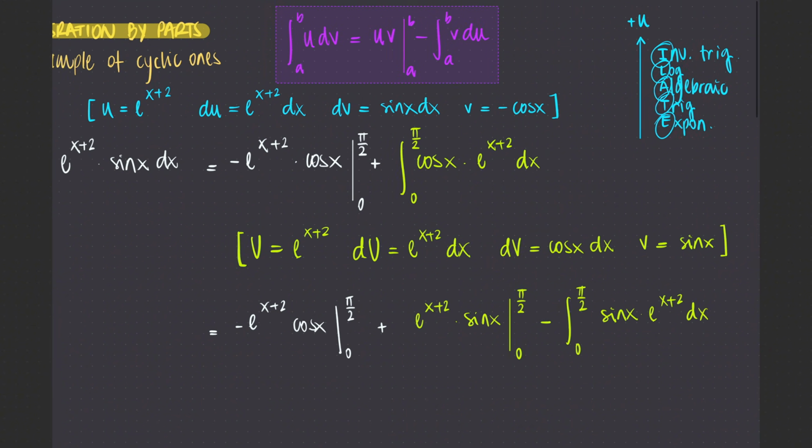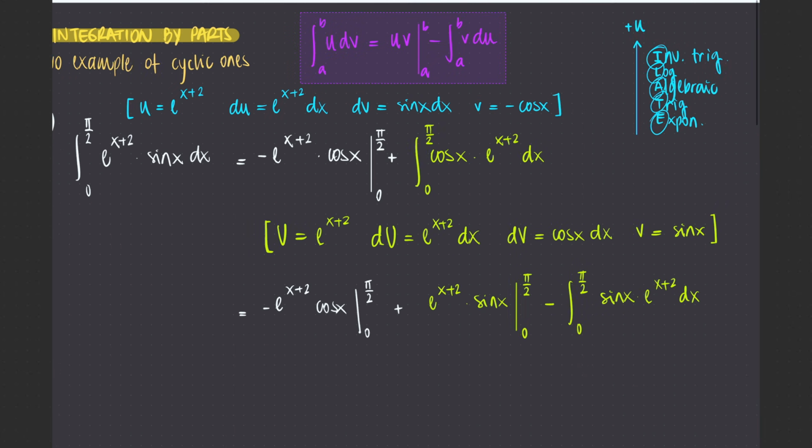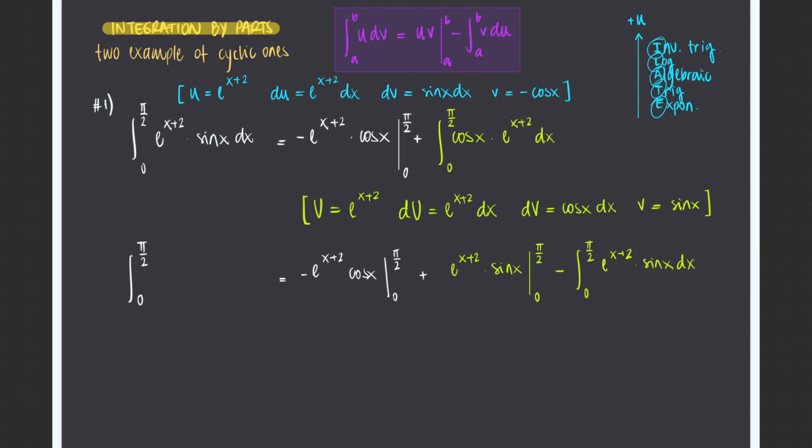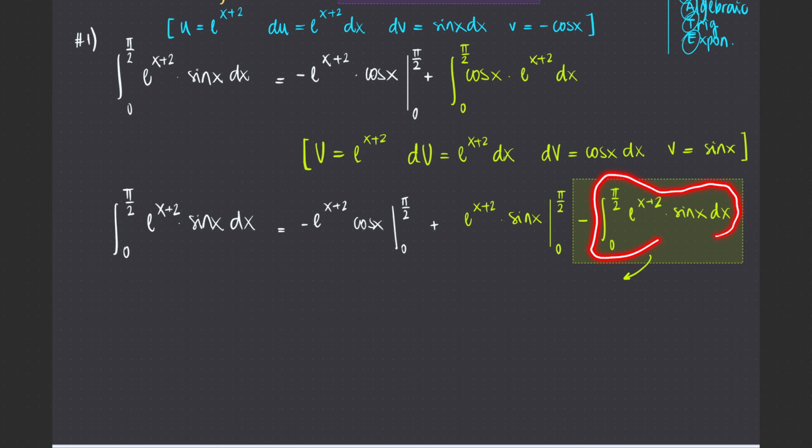To make it look even more similar, because it's the same thing as this one, I'm just going to change this order of functions around. So we have e to the x plus 2 times sine of x dx. Now notice that we always had on the left hand side the integral from 0 to pi over 2 of e to the x plus 2 sine of x dx, and that's exactly what shows up on the right hand side as well. So let me copy the left hand side again,